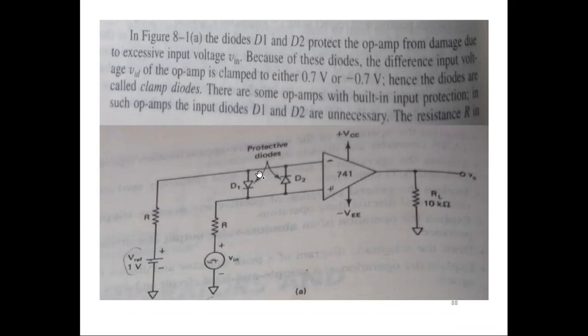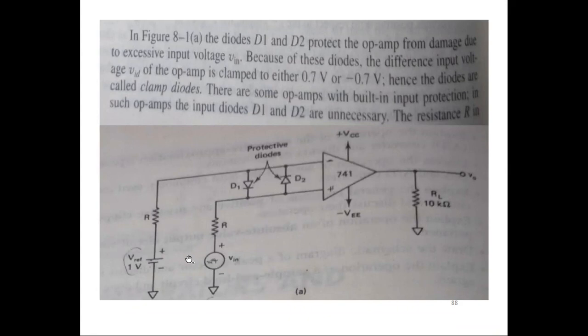We have also connected what are known as protective diodes. Generally they are known as freewheeling diodes. So that the input between the two will be restricted to the drop across the diode, whichever is forward biased. Either this or this will be forward biased, and whichever is forward biased will have the 0.7 volt drop, either in the positive or negative direction, depending upon the inputs. So these are known as protective diodes, so that the input side is protected. In some of the amplifiers, these protective diodes are inherently put, therefore we don't need to put them separately.